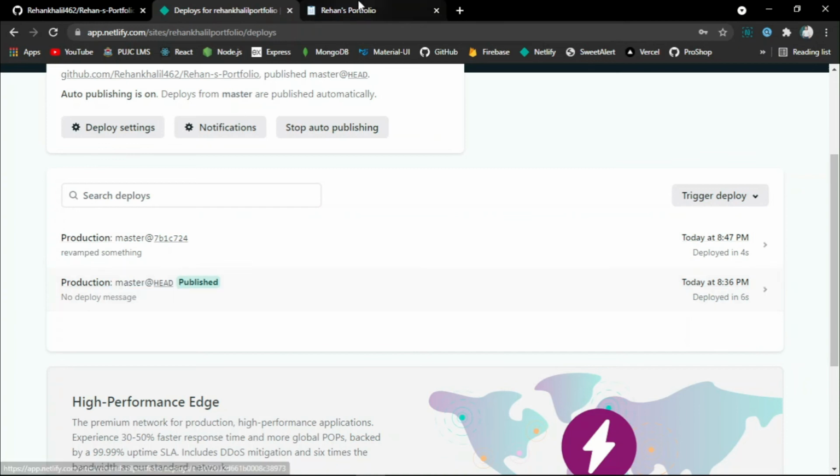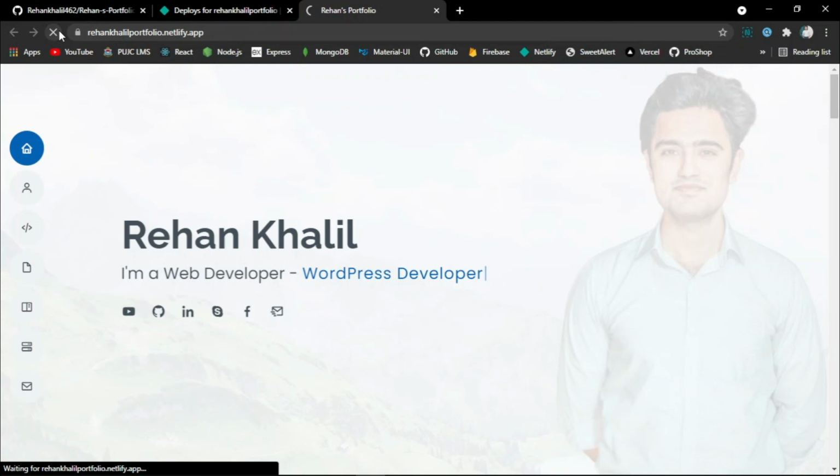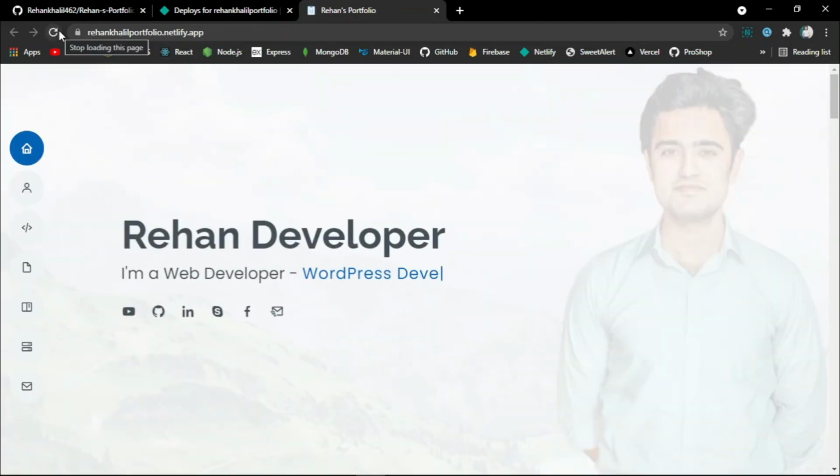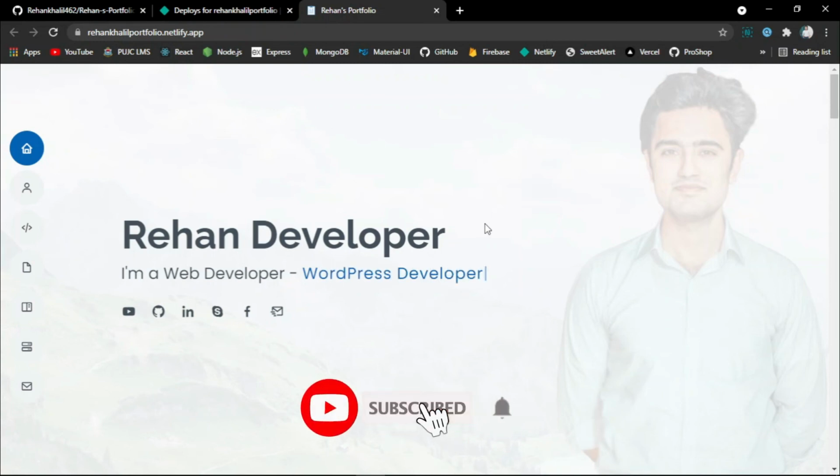And now if you refresh your hosted site, you will see the name is changed from Rehan Halil to Rehan Developer, which means your site is updated as well. So this is a practical example of importing the site from GitHub to Netlify and continuous deployment.